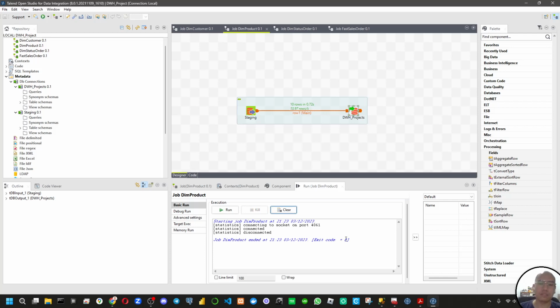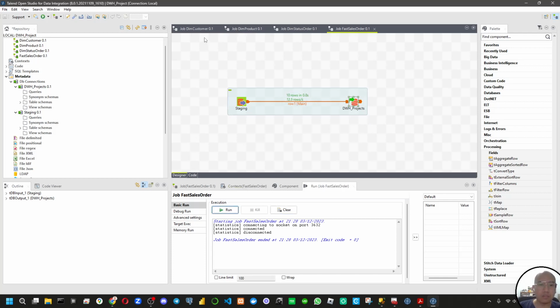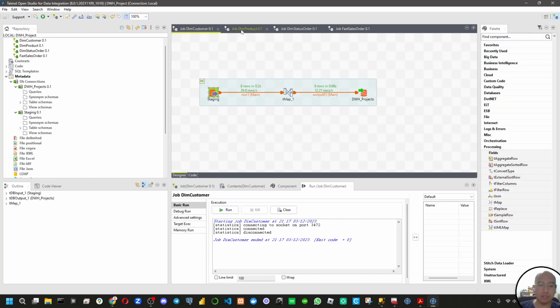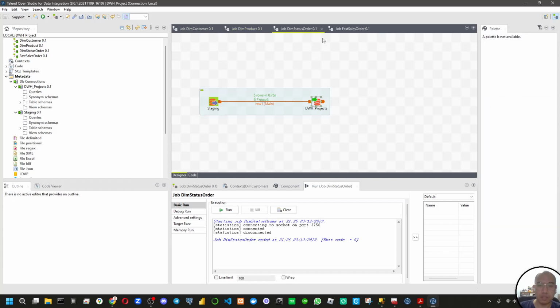Now it's done and it's complete, and I'm gonna pause the video for a moment to do the same thing with the other two tables. We don't need the transformation. Okay, now as you can see, we already ran all the ETL process, and we're done with the Talend.